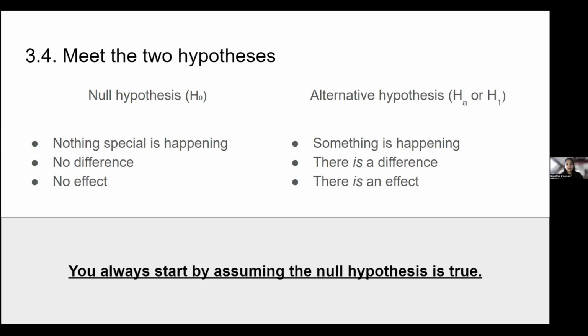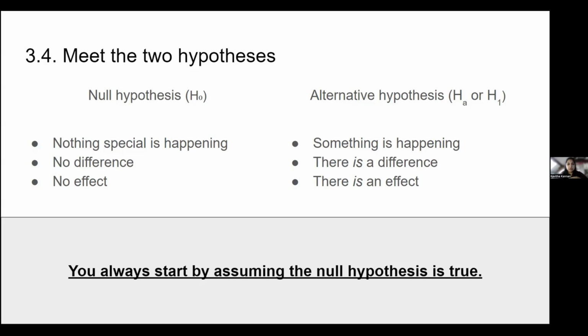For example, I say the average height in this class of 21 participants is 5'5". So this is my hypothesis. And the null hypothesis is that, yes, there is no difference as such. This is the average height. That is it. You accept the null hypothesis and you say, yes, this is the truth with all your data, and then you move on. Oftentimes that may not be the case.